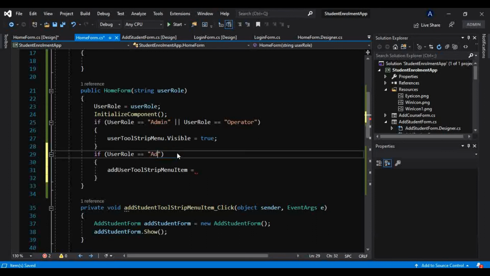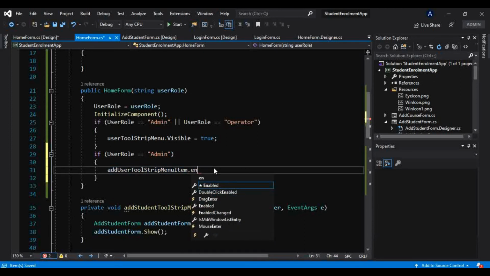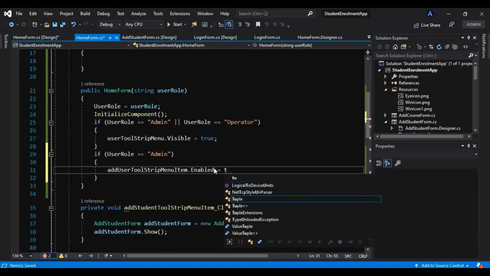Okay, so for all the accounts it will be disabled, for only admin it will be enabled. So there is this property enabled, and that we have to set true, because by default we have set that to false.